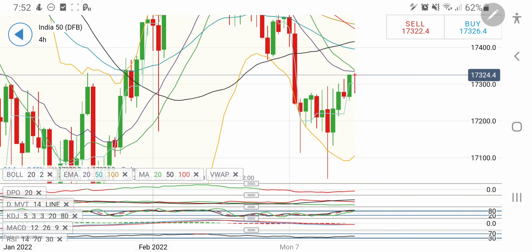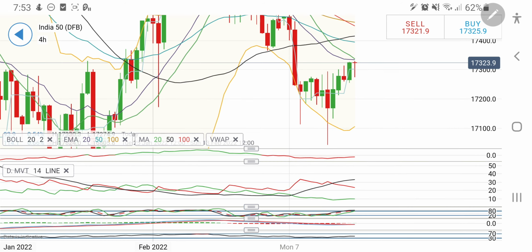Once it breaks 17,350, definitely it will try to achieve 17,400 and 17,450, 17,500 plus can also be expected. On the 4-hour chart, there is a support which will come into picture at 17,250 levels. So any break till 17,250, it can again try to bounce back on the upside.